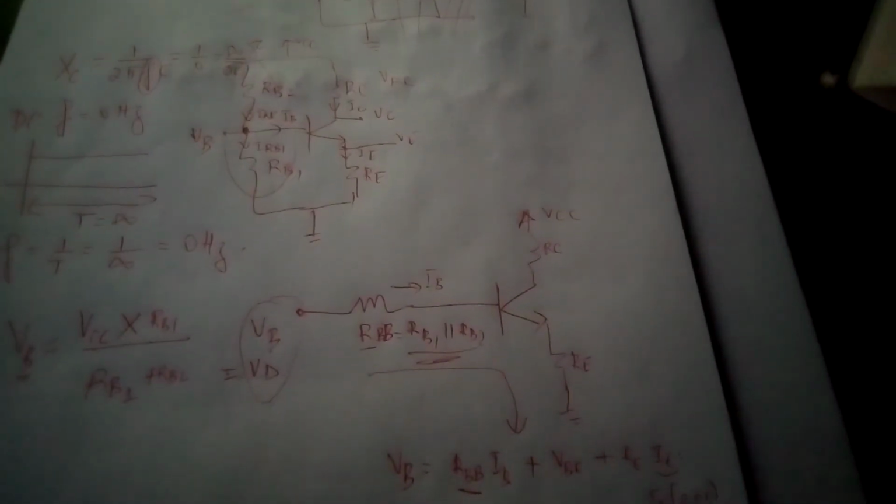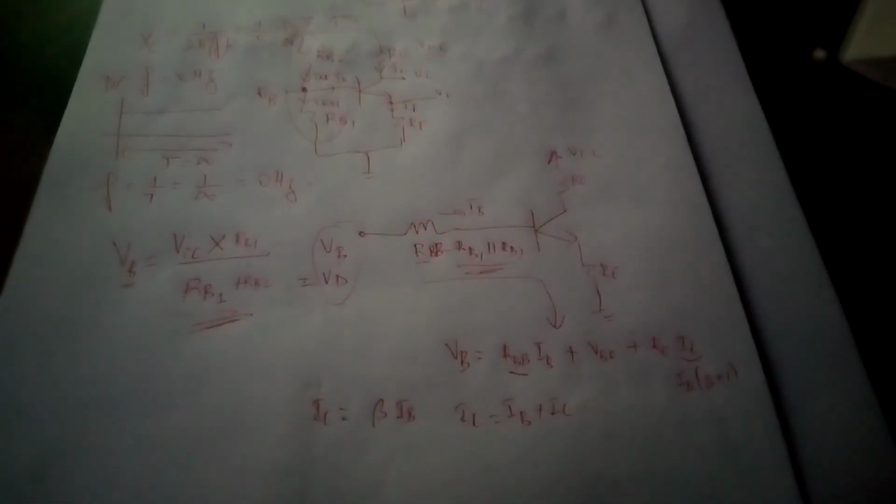That is an alternative though, but for time's sake I will highly encourage using the other method we mentioned here, where you start by getting the Thevenin to Norton conversion equivalent resistance RBB of RB1 and RB2, which is RB1 in parallel with RB2. Then you work out VBB using voltage divider rule, and you carry on. We've done most of this in class, and for those coming next semester who will be watching this video, we're still going to do this in class, but this makes sense, I hope. Okay, all right, that's about DC analysis.